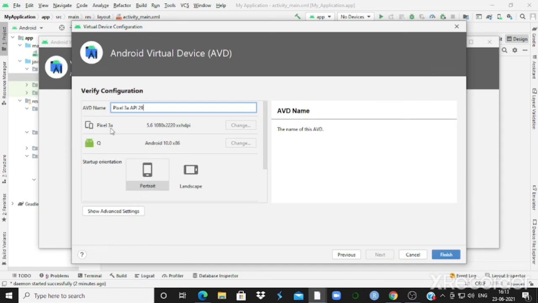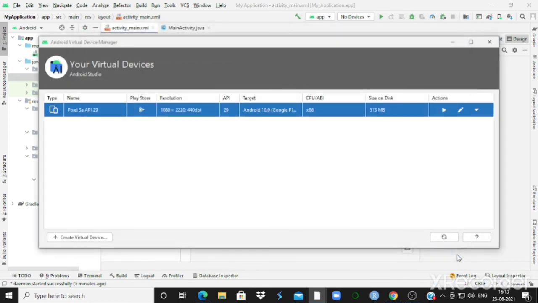Next, you can name your AVD if you want, and then you can go with portrait or landscape. I'll go with portrait. Finish. Your virtual device is ready.